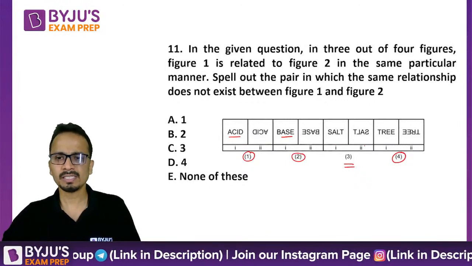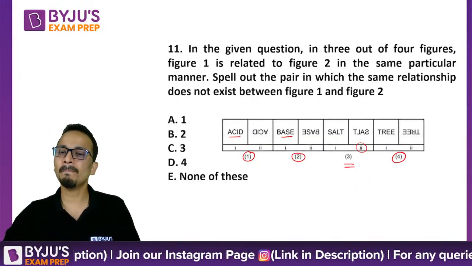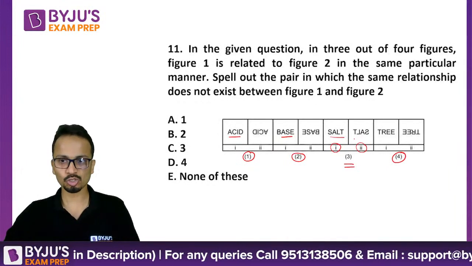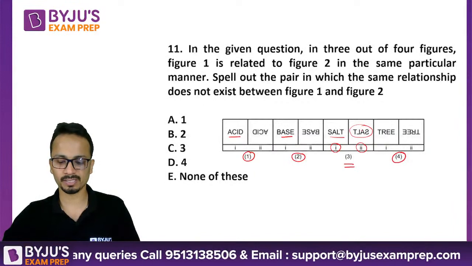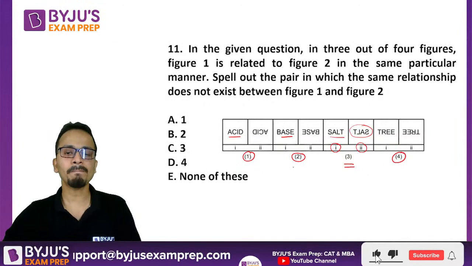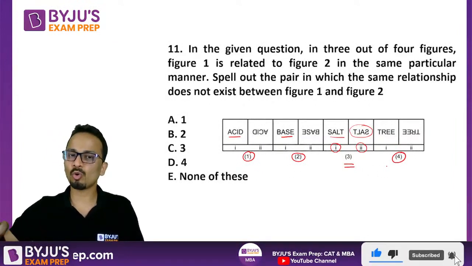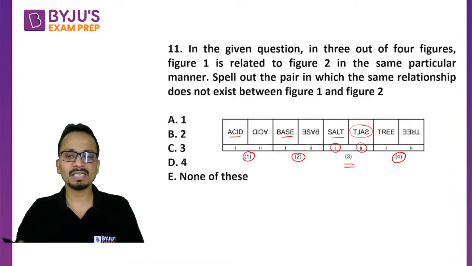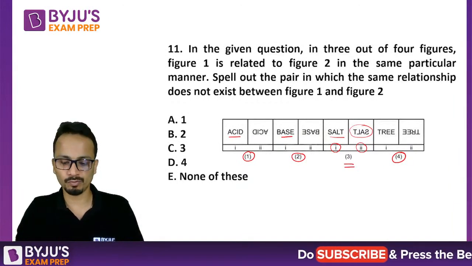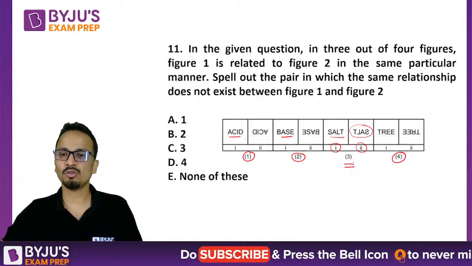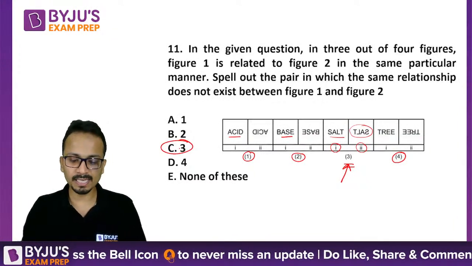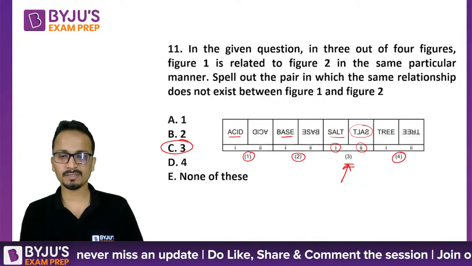In pair 3, the second figure is the mirror image of the first. So salt का mirror image लिख दिया. So salt's mirror image will be this. All right. So in all the three cases, pair 1, pair 2 and pair 4, we have rotated the entire word, but in the third pair we have taken the mirror image of the word. So the correct answer will be pair number 3, and that is option C in this case. All right, am I clear?